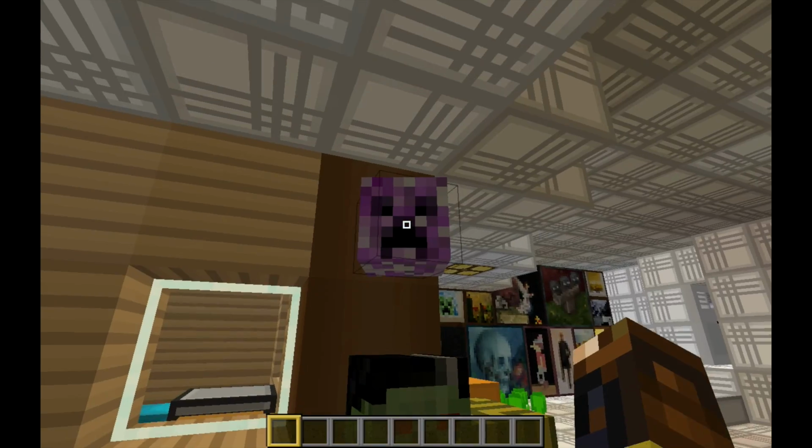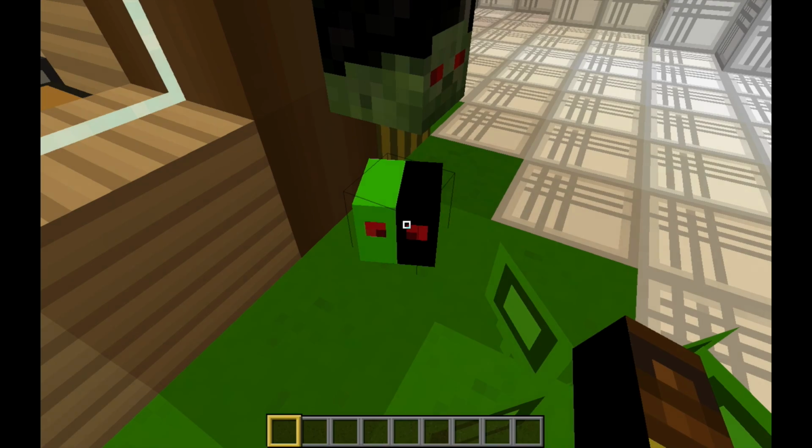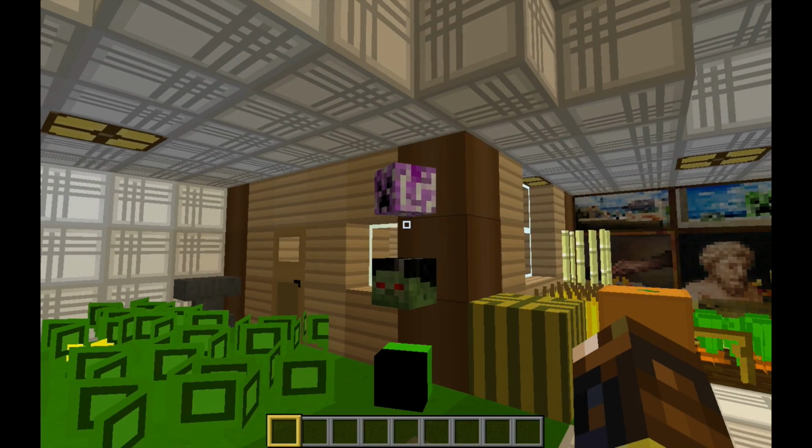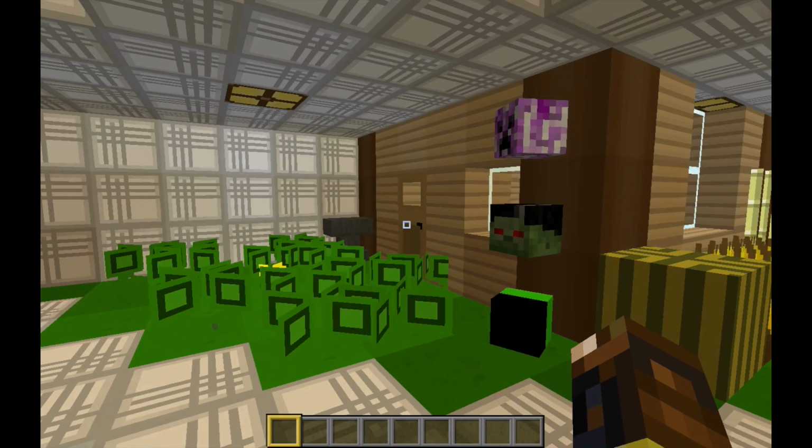You can tell it's a zombie and that's a creeper. I think that's a player head. Yeah, that's a Steve head. Pretty good. So they have done some difference in the 1.4.5 items. They just didn't do anything with the